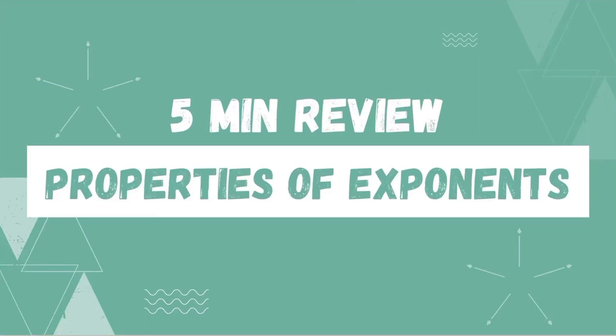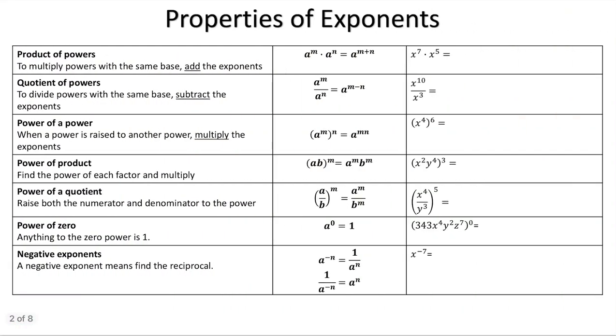So in this video, we're going to go over the properties of exponents in 5 minutes or less. This table gives you a nice overview of the properties of exponents we're going to be talking about. When we multiply powers with the same base, we're going to add the exponents together. So x to the 7th times x to the 5th is x to the 7 plus 5, which equals x